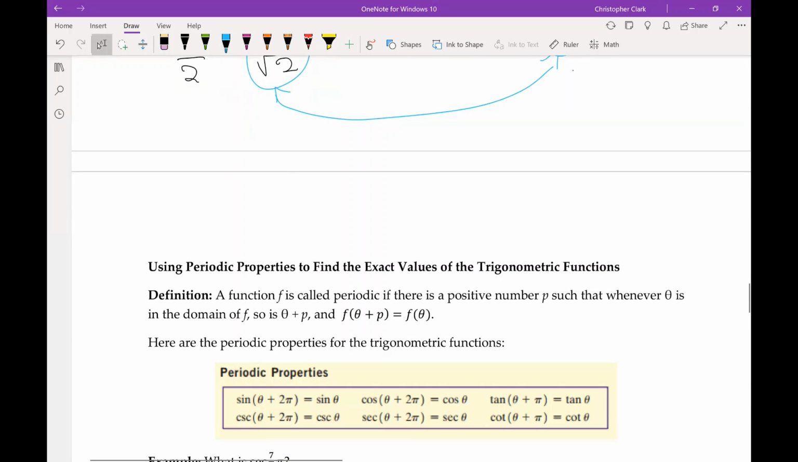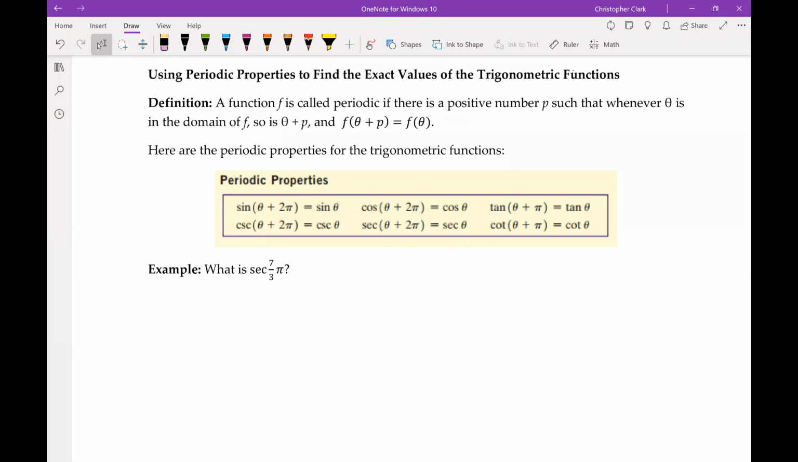All right. So now we're going to use periodic properties to find the exact values of the trigonometric functions. So the idea is that we can take a value, in radians or degrees or something like that, that looks kind of weird. It's not one that we recognize, but then rewrite it as some angle plus its period. And then once we do that, we can actually disregard the period because we know that all we've done is just go back to where we started. So for example, with secant of 7/3 pi,